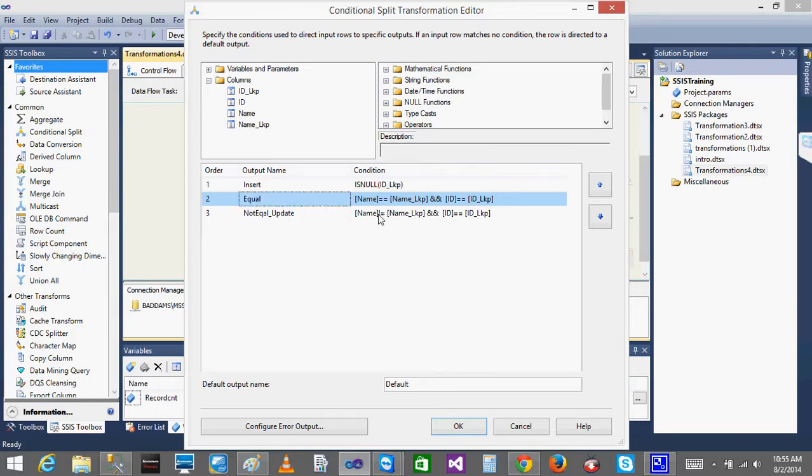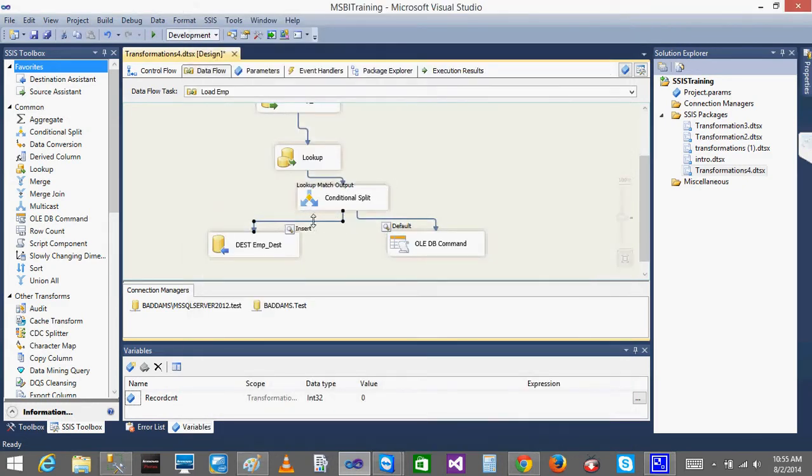If the name is not equal but the source ID is equal to the destination ID, then I want to update the records.